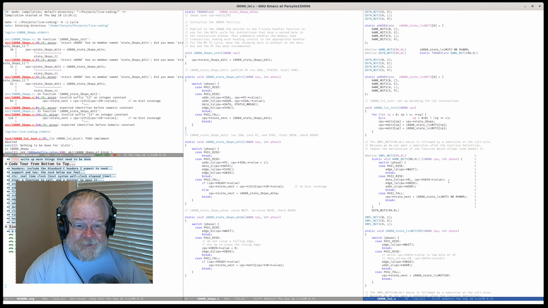So at the end of the second machine cycle, we're going to get into our code, which is going to direct us to 3bops M3T1.